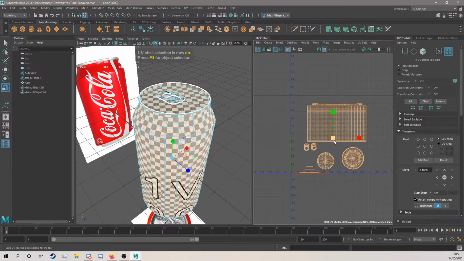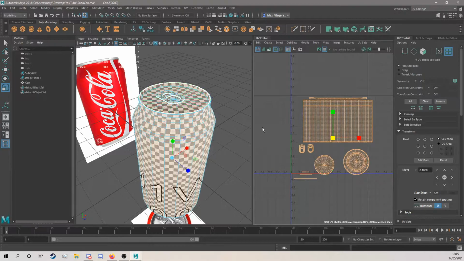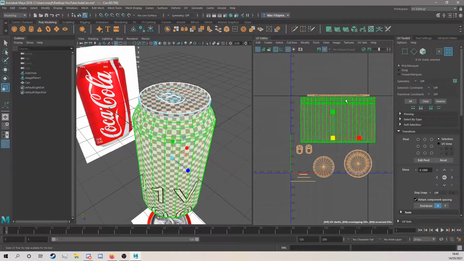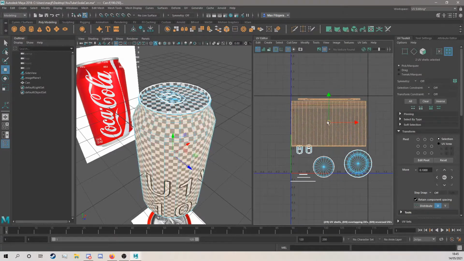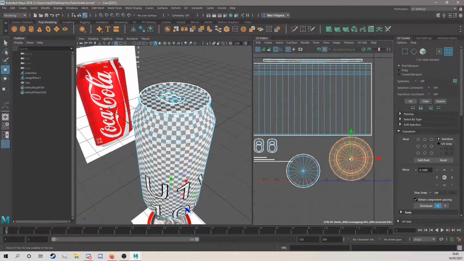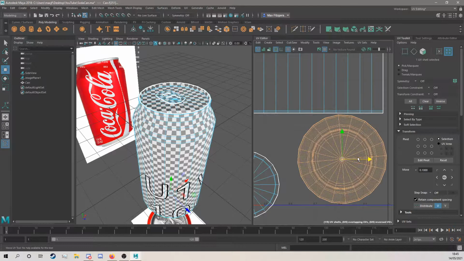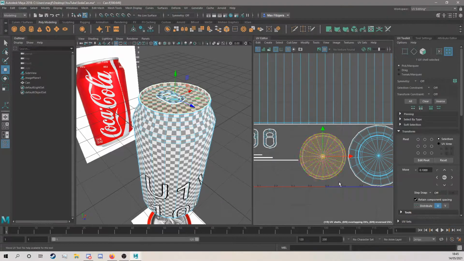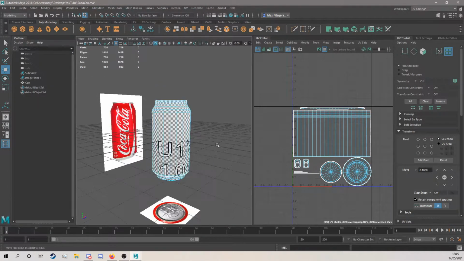And then we're just going to lay these out neatly. We're going to scale them all up a tiny bit. Because I'm scaling them all at the same time, the texel density stays the same, just because I don't want to waste any of the UV space. So if we put this one here, we can have both these on the side here, next to the inside parts, and then the bottom, if we can squeeze this in, yep, here, and this part here. And there we go. Got some great neat UVs,